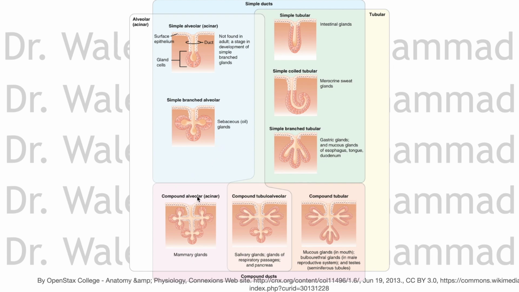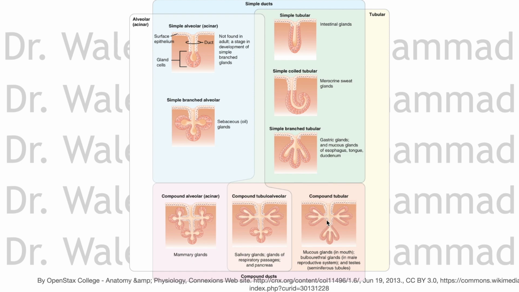Now, there are compound glands, meaning that they have multiple of these varieties, multiple acini or multiple tubules and acini. You have compound alveolar or acinar, an example of which is the mammary gland. You see multiple acini developing from the single invagination. Compound tubulo-alveolar, multiple tubules and acini from the invagination of the surface epithelium, and compound tubular